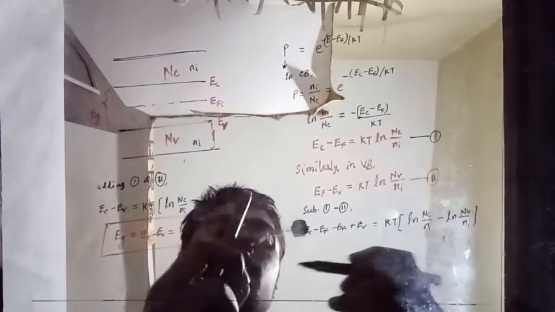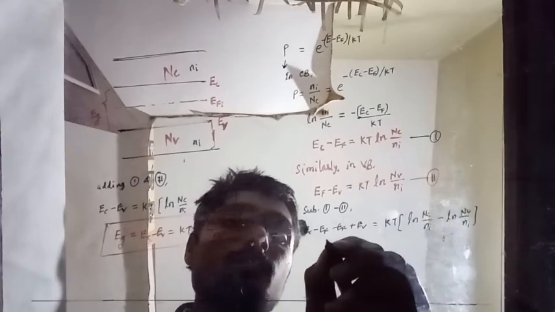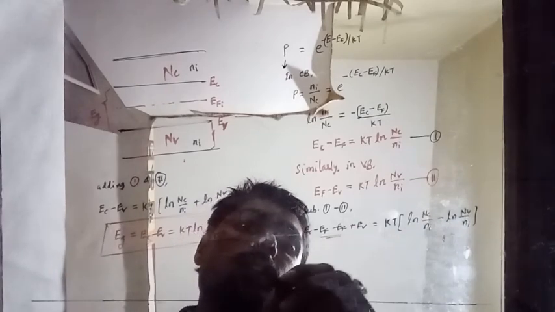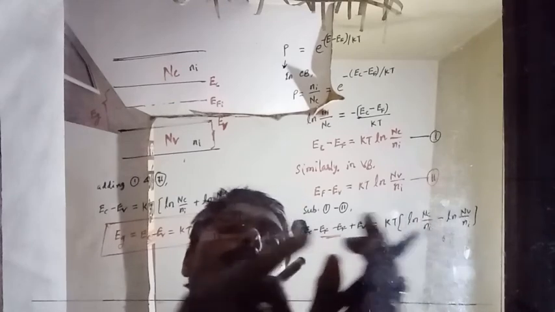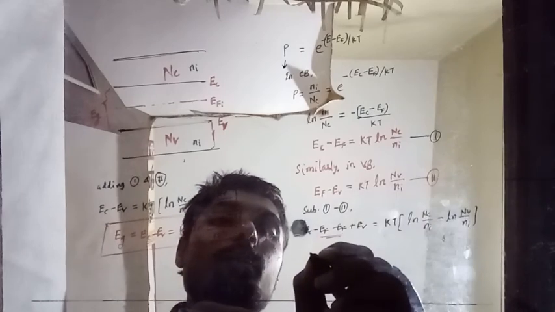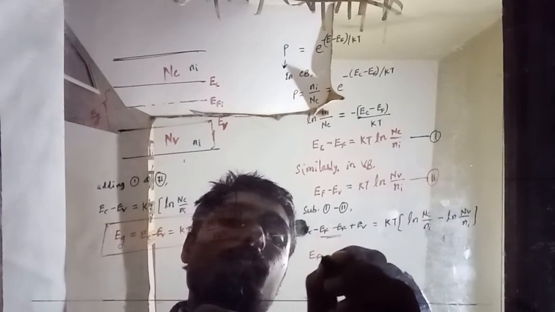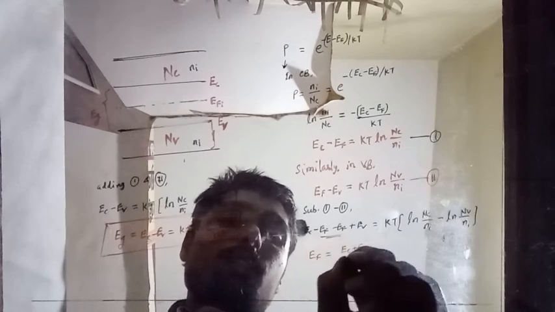We all know that in logarithms, subtraction means the terms get divided by each other. And here we have 2EF, and Ec plus Ev we transfer to the other side. When you divide by 2, you will get EF equal to (Ec plus Ev) by 2